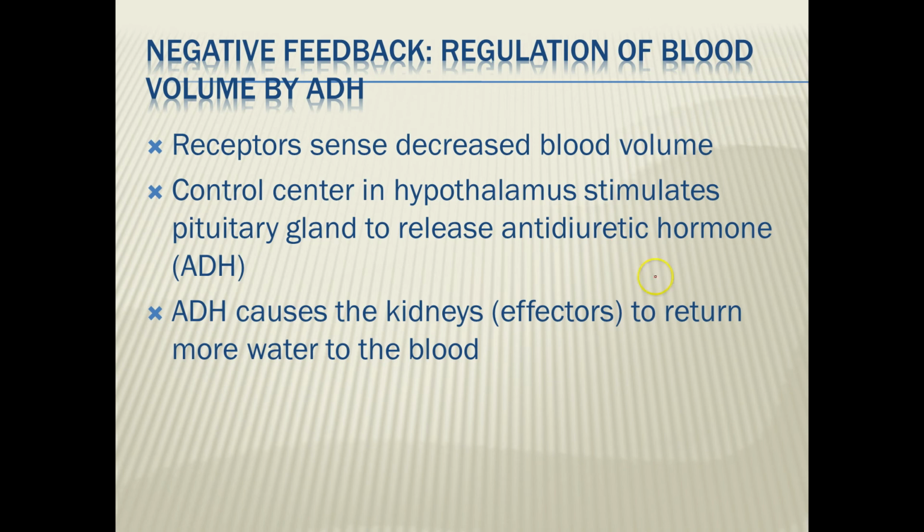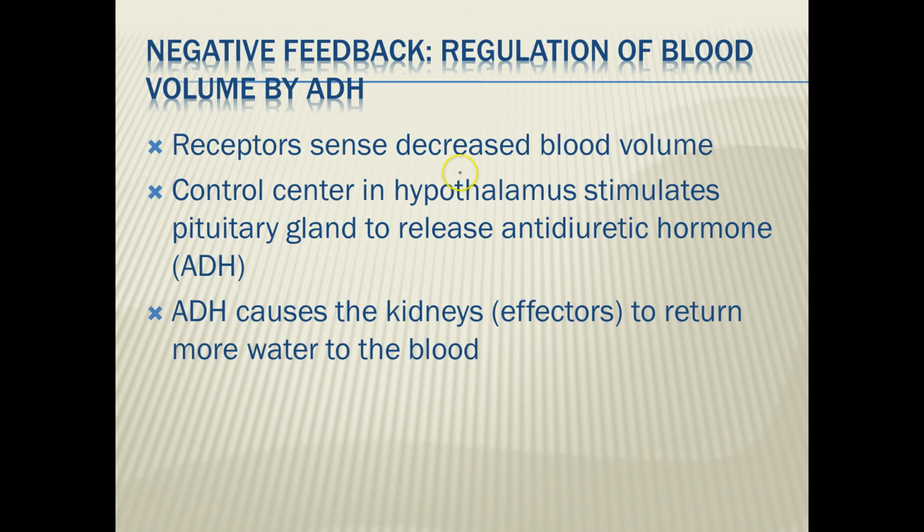So what this hormone does is it cuts down on the volume of your urine that you're peeing out of the body. And so the less fluid, the less water you're losing in your urine, more of it is being kept in your blood and in your tissues. And so that keeps your blood volume up higher. So you actually do have nerves